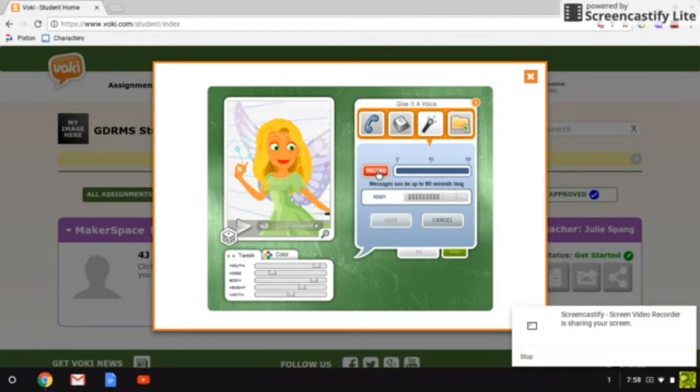So here I'm going to click on the record button, and you'll be prompted with a couple of dialog boxes asking to give Voki access to your microphone. You're going to want to do that. Don't block it or disregard the message. So basically, my prompt today is to tell my teacher something that I learned about the changing Earth. So when I click on record,